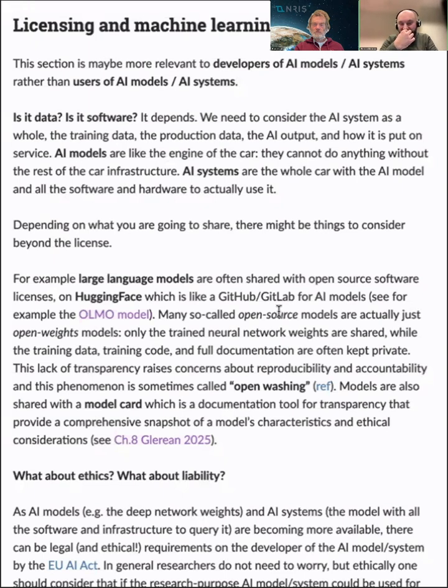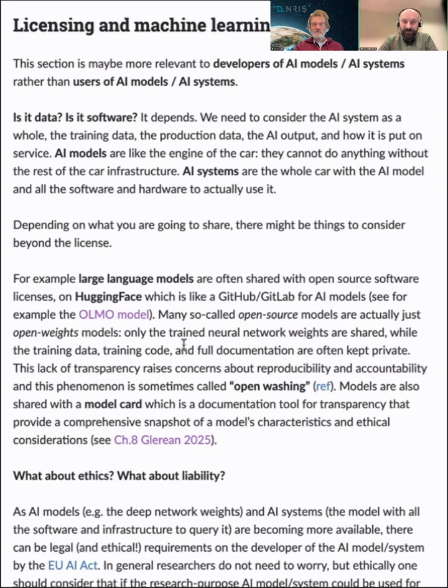So these AI models, it's a bit difficult to say if they would be called data or software, but at least the AI models that you see in Hugging Face are right now released under software licenses. It's also kind of funny. I don't know if funny is the right word, but many of these AI models are considered open source models, but when one really goes and checks, there's nothing open source at all.